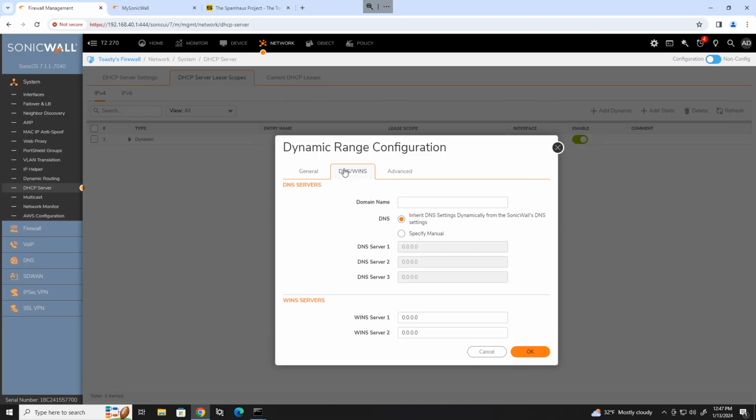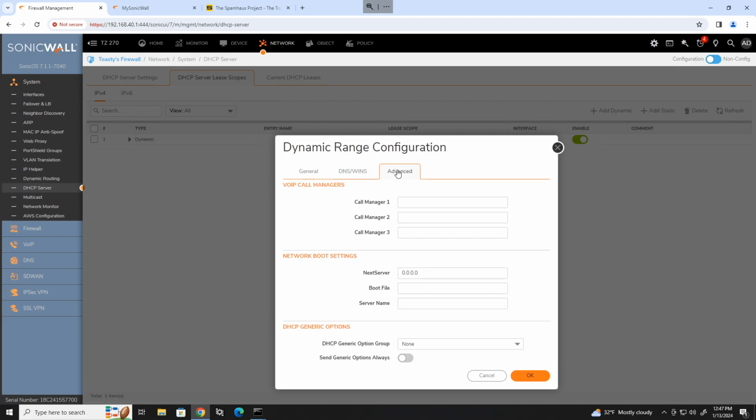And we can also change our DNS settings in the DNS WINS tab. By default, it's just going to inherit the settings from the SonicWall's DNS settings itself, which we've yet to look at, but I will show you where that is in a second. And then in the advanced tab, we can assign VoIP call managers, boot settings, and so on. The main thing here is on the voice network, we would use the DHCP generic options if we have